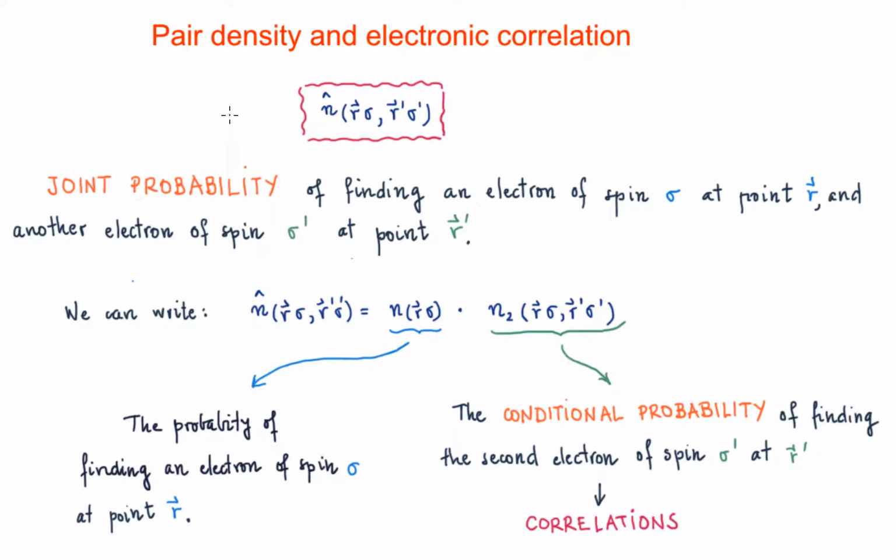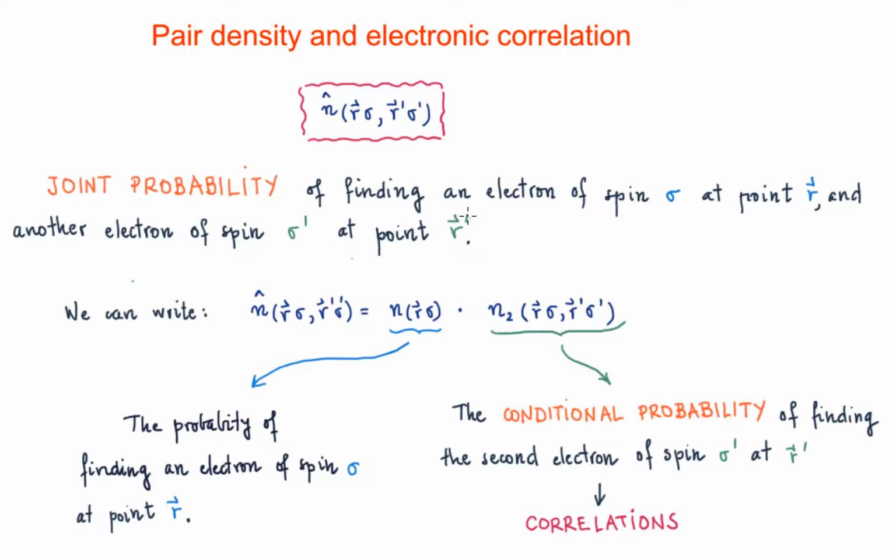Here we're going to analyze the relation between the pair density and the electronic correlation. As it involves the position of two electrons, the pair density is going to be quite directly related to the electronic correlation. So remember that the definition of the pair density is the following: a joint probability of finding an electron of spin sigma at point R